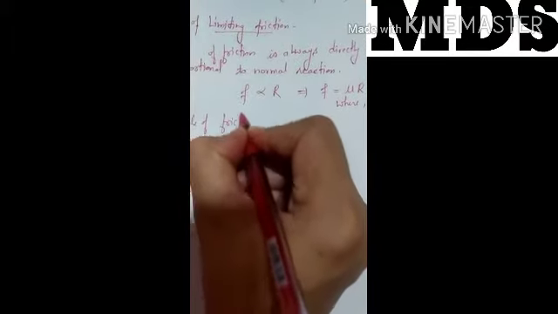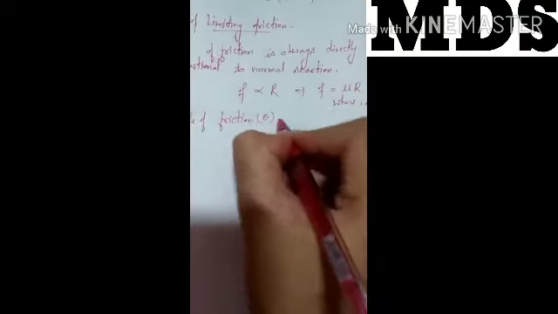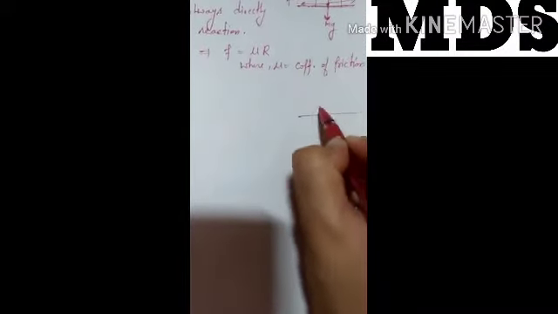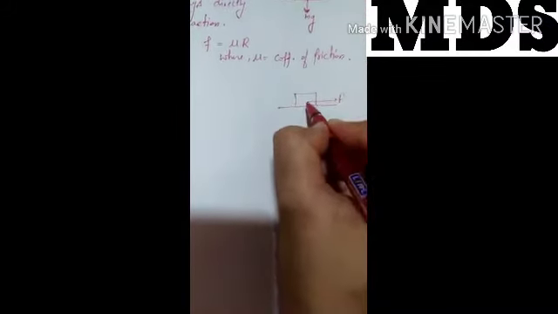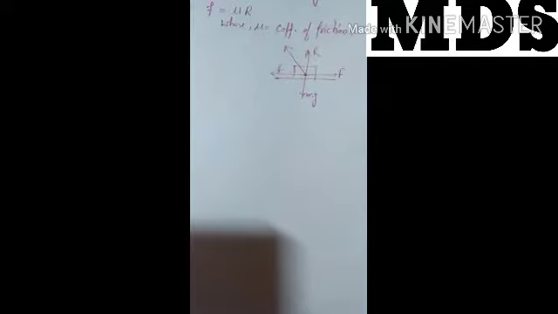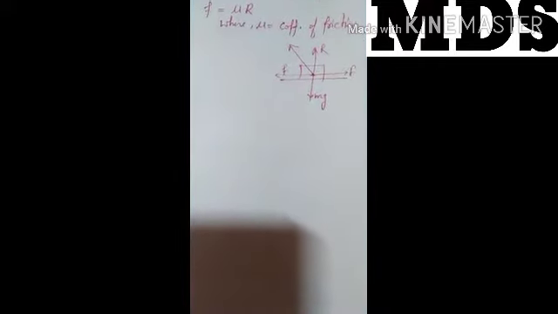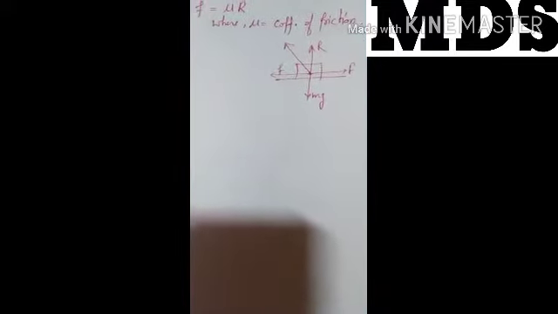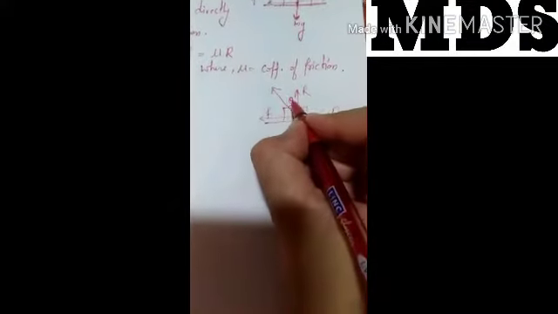Next, angle of friction. Let us take theta. Here we have the surface, and on the surface the object. In the same case one force is acting, then friction will act in this direction, then vertically downward force mg, and the opposite is R. Then the angle which the resultant of friction and normal reaction makes with the normal reaction is known as the angle of friction, theta.